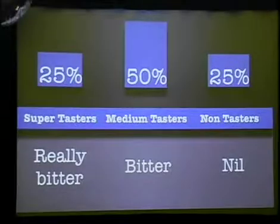Okay, so the deal with this is that some of us actually taste a certain set of compounds as really bitter. Others of us can kind of vaguely taste it, and some of us don't taste it at all. This is called super tasting. If you're looking at the percentages here, it is genetic. It's two genes. If you've got both dominant, then you are a super taster. If you've got one or the other,